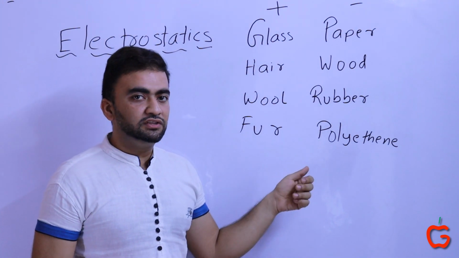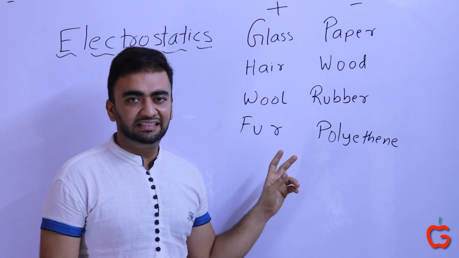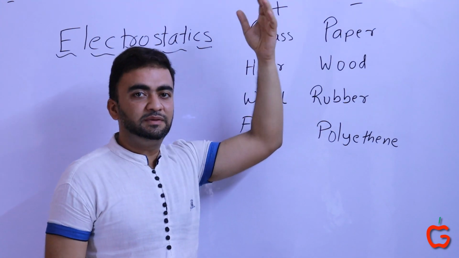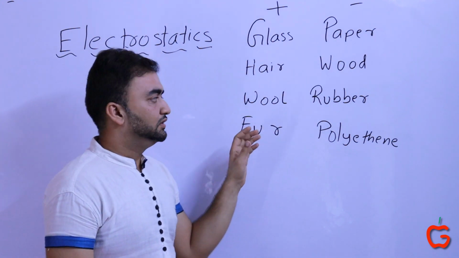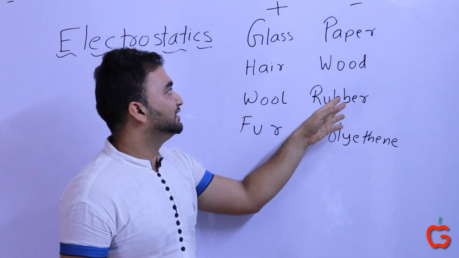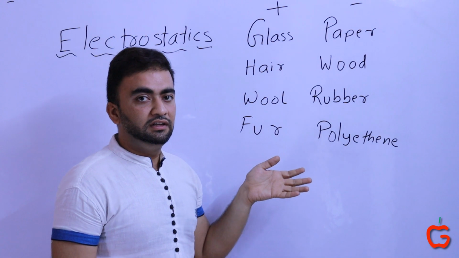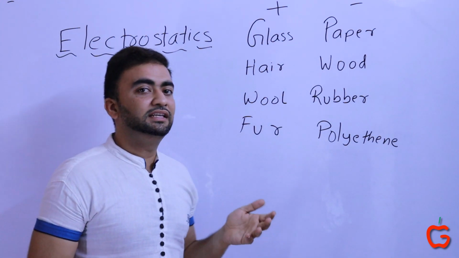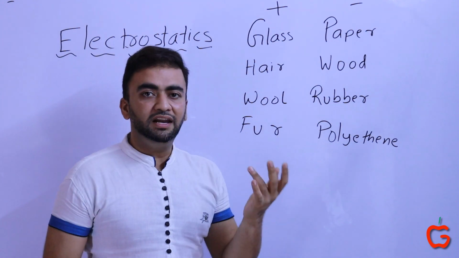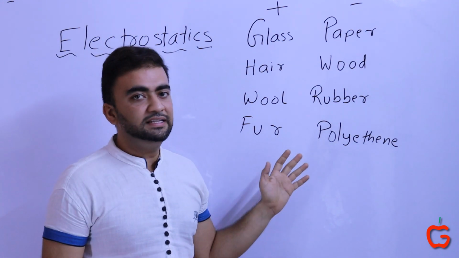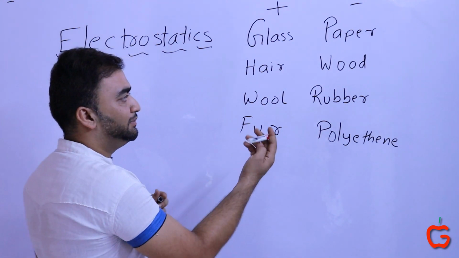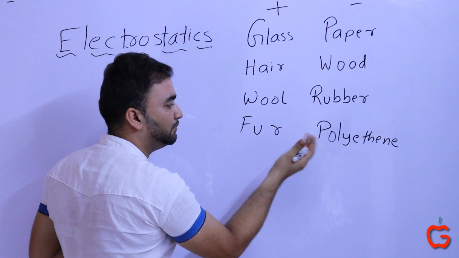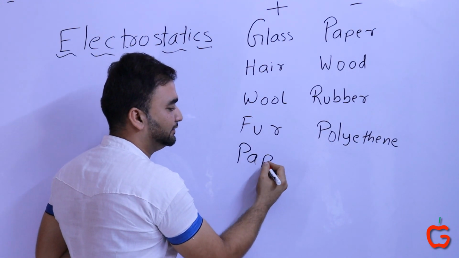So in the last video we saw a column table like this. This table was formed by Greek people, particularly Miletus. The left column was called positive and the things in the right column were called negative. On further investigation, on further experimenting, it was found that it is not a two-column table at all. The elements shouldn't be arranged in this manner. In fact, it should be one big series, a single column series. So paper, wood, rubber and polythene should be here.